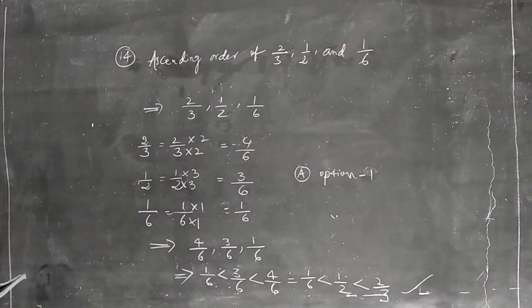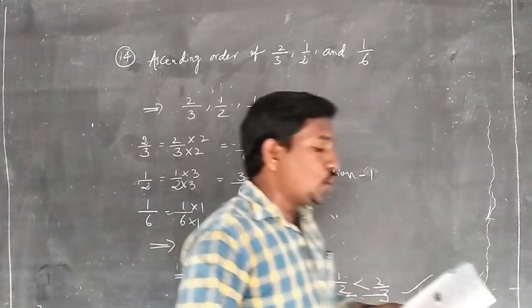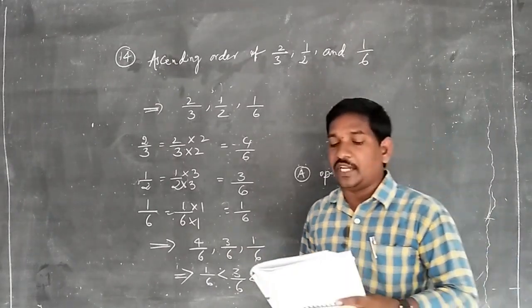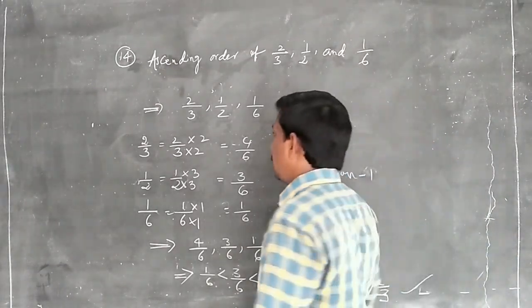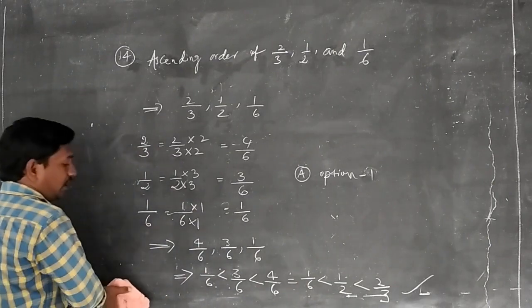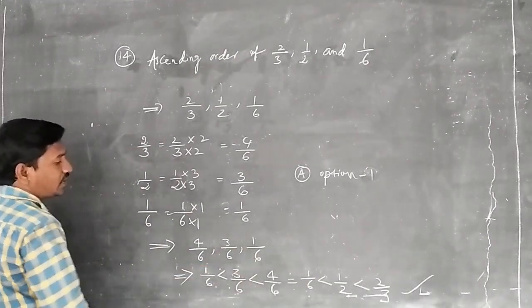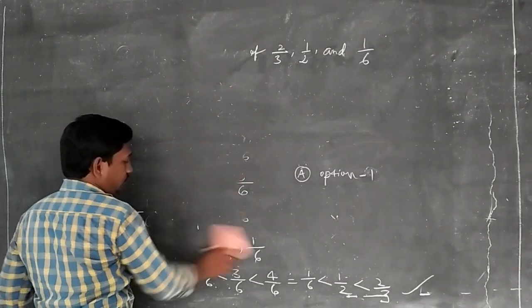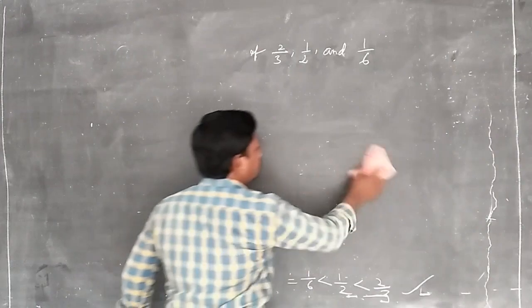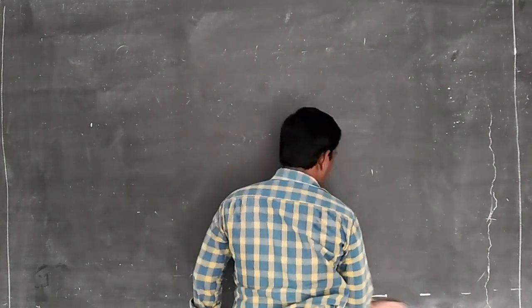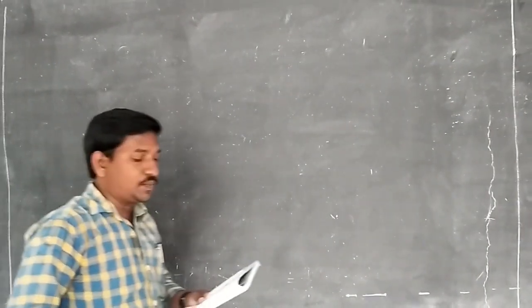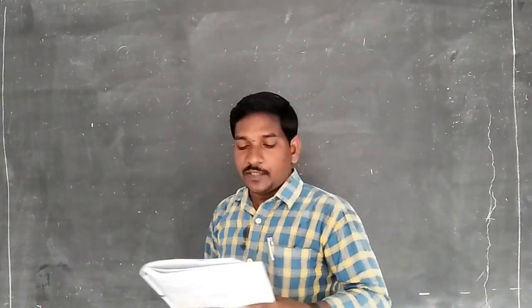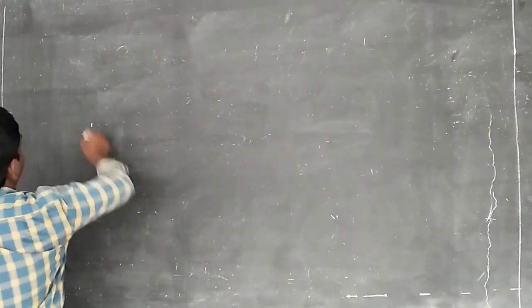Now you can do the 15th problem: descending order of 2 by 5, comma 1 by 3 and 3 by 7. Descending order means from greater value to smaller value, big to small. You can do it. And the 16th problem, greatest among